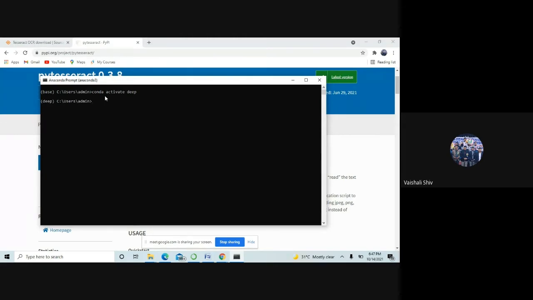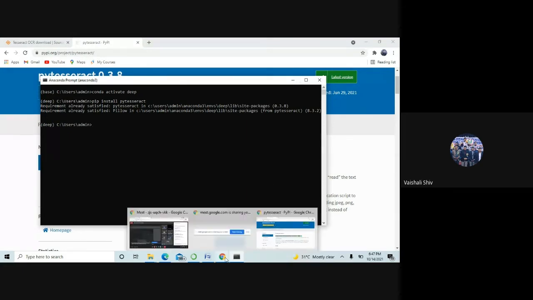Once you have gone to your particular environment, you have to install this PyTesseract. In my system it has already been done. So you have to install it in your system if you are using it for the first time.